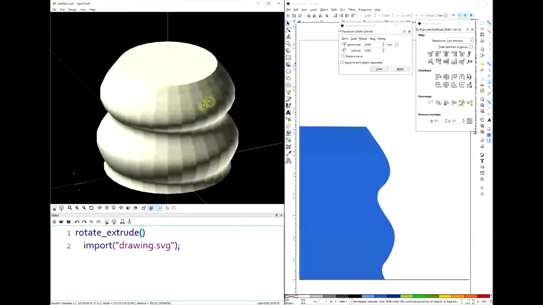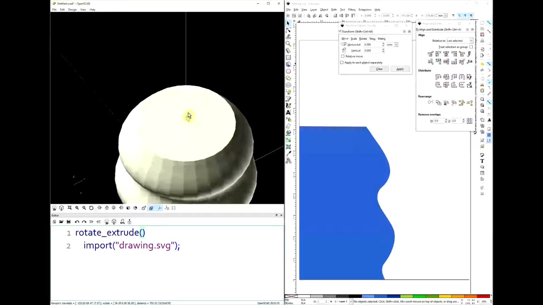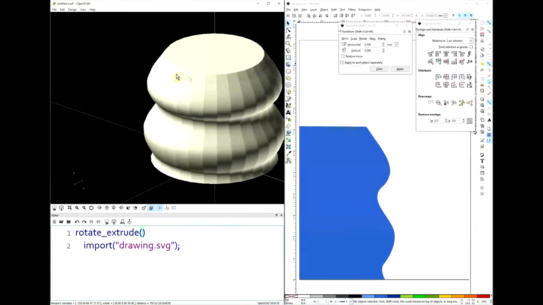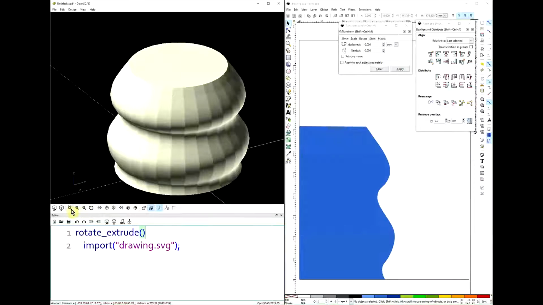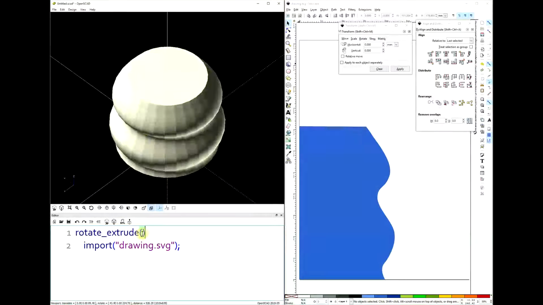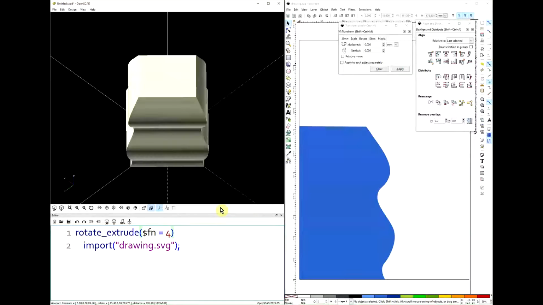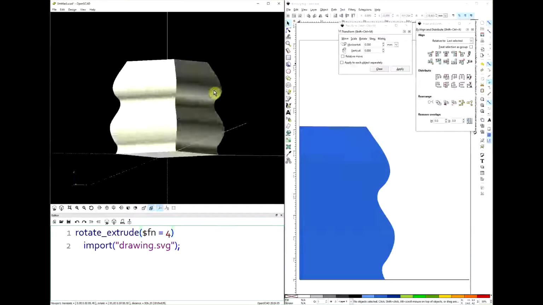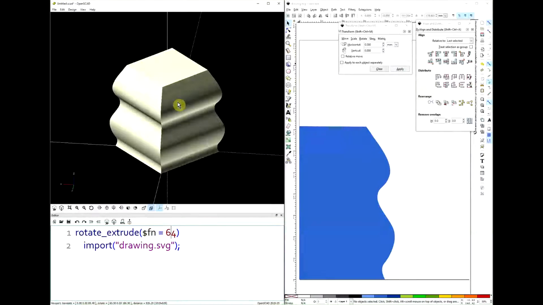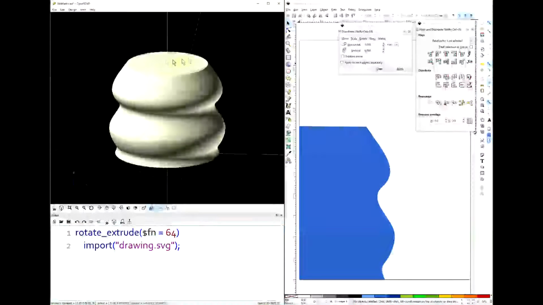Now in OpenSCAD, you can see that it's kind of defaulted to a pretty blocky shape here with clearly visible facets around the central axis. I can control that by adding something to the rotate extrude command here by saying $fn equals. And the number I put after here will be the number of radial subdivisions. So if I go to 4 and hit F5, we've got a 4-faceted object. And if I go to 64, suddenly it looks a whole lot more like a smooth